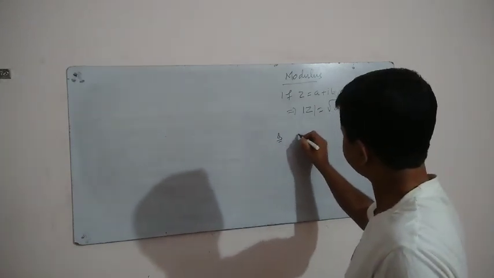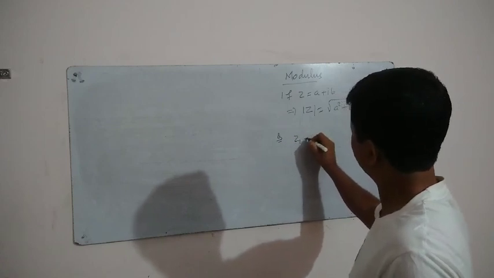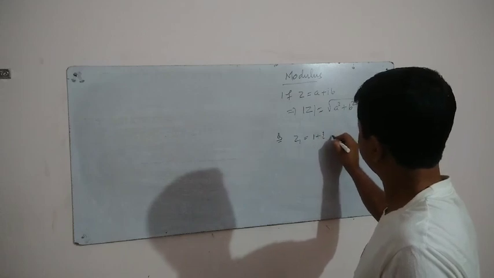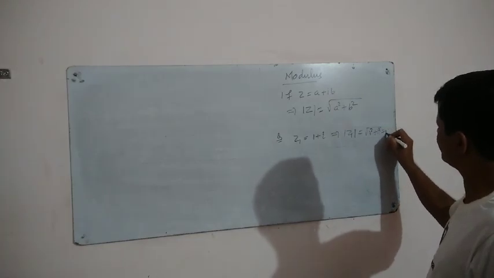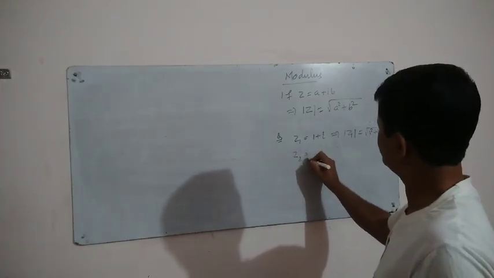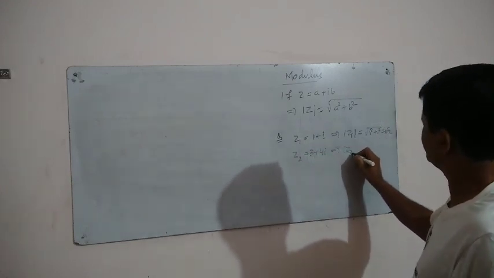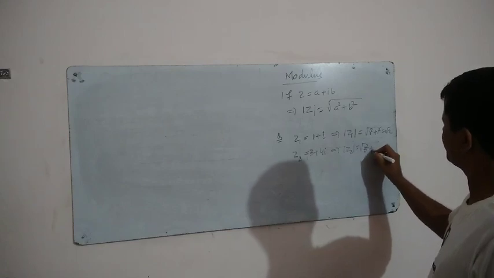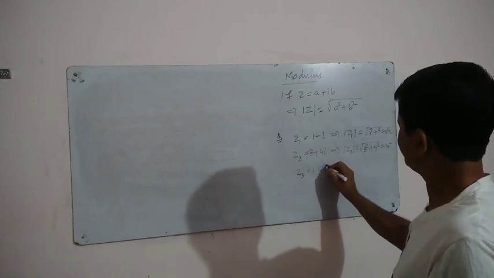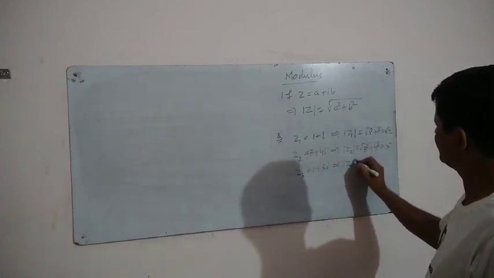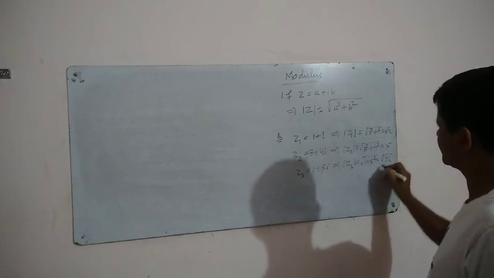Come to a question. Z1 is equal to 1 plus i, then the modulus of Z1 conjugate is equal to root of 1 squared plus 1 squared, which is root 2. Z2 is equal to 3 plus 4i, then mod of Z2 is equal to root of 3 squared plus 4 squared, which is 5. Z3 is equal to 1 plus 5i, then mod of Z3 is equal to root of 1 plus 5 squared, that is root 26.